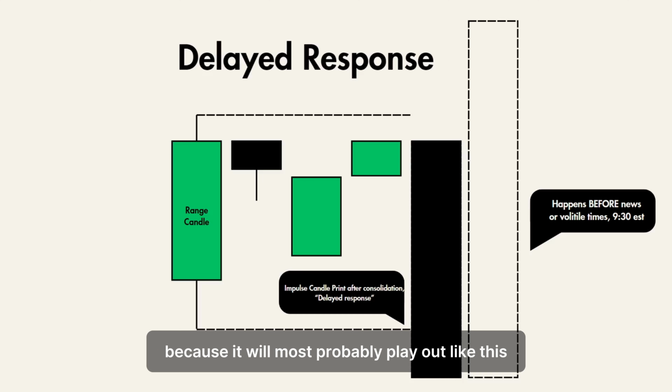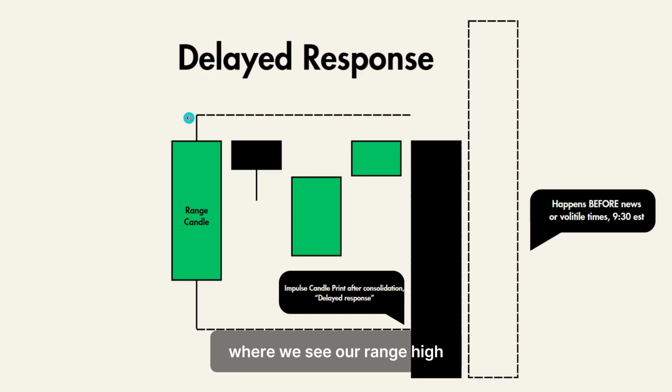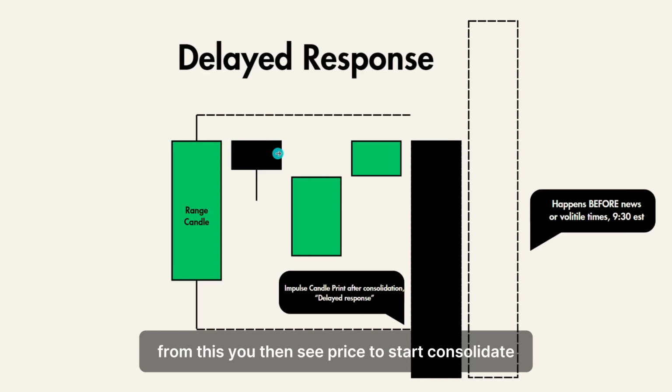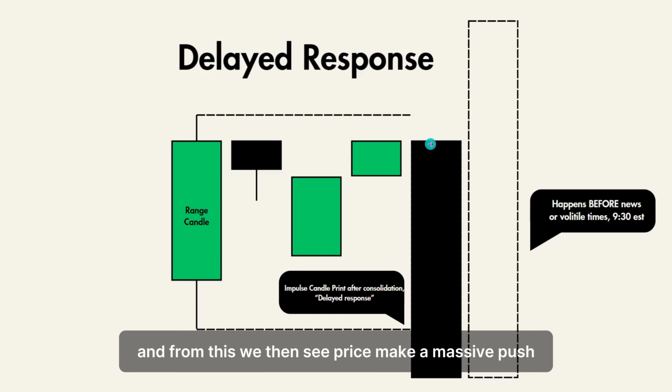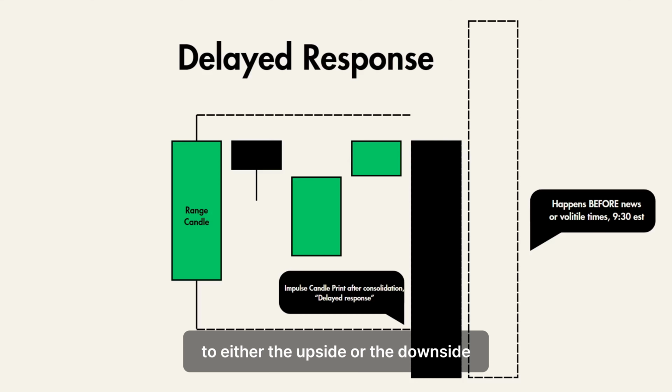Because it will most probably play out like this, where we see price create a range candle, where we see our range high and our range low, the simple foundational CRT. From this, you'll then see price start to consolidate. This consolidation, as I said, happens 10 minutes or 5 minutes just before that news event, okay? And from this, we'll then see price make a massive push to either the upside or the downside, depending on